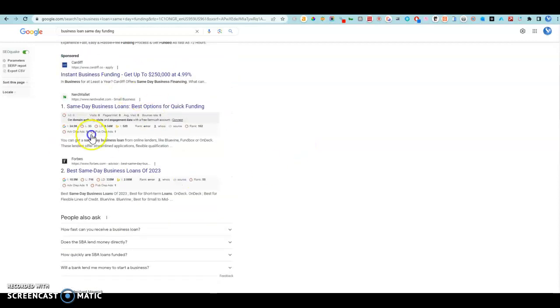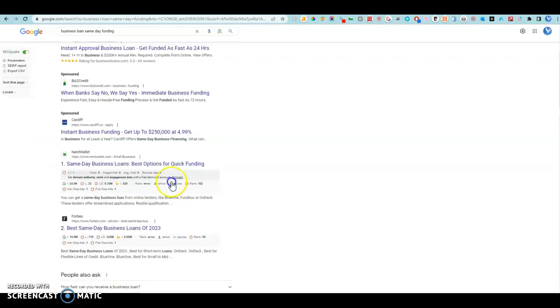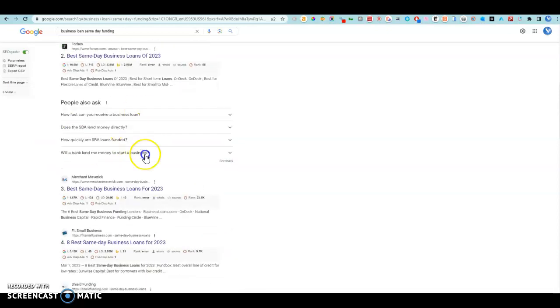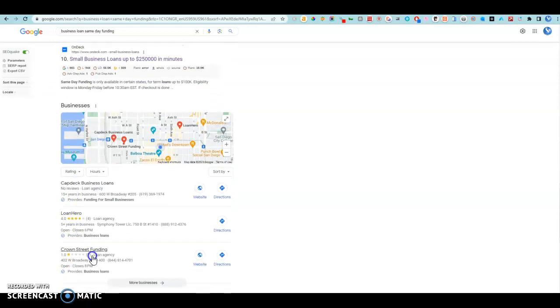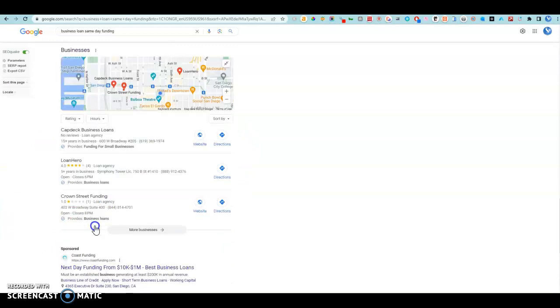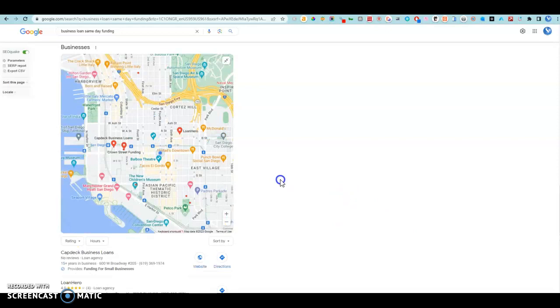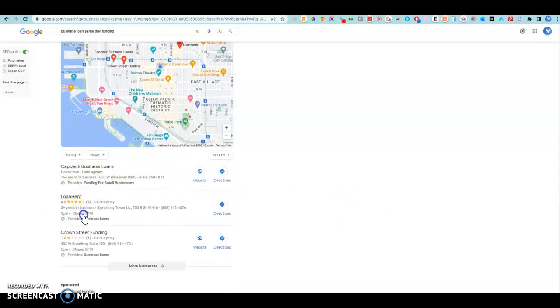Now this is where you'd like to be, up here, one of these first results, and in the map you need to be one of these first results here. These are all local results, and this is what I was talking about. If you concentrate locally and build your Google My Business profile, it should be the first ones that show up for this kind of search. And you can go in and look at your competition.